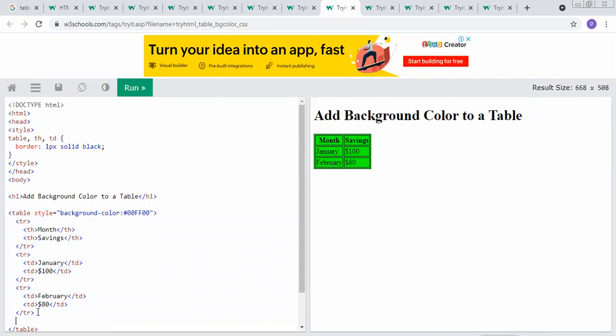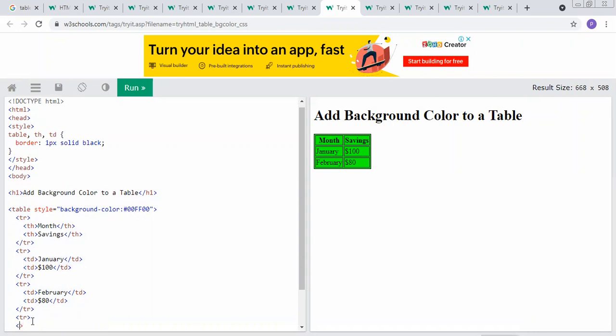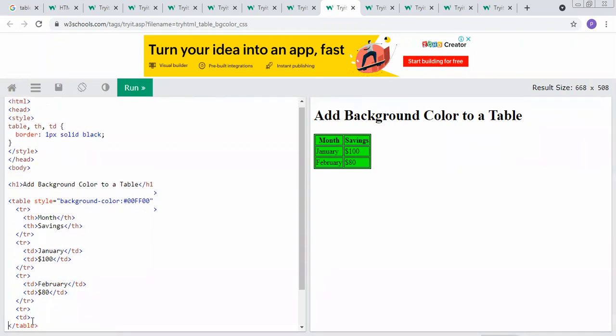So after that, similarly we can add a number of rows in between that particular table. For example, we can add the next month td tag, enter the next month, March.